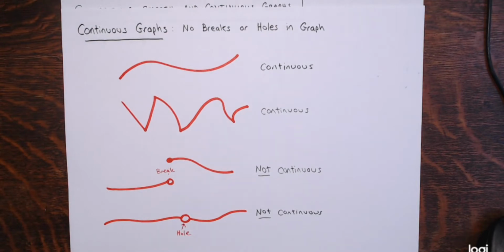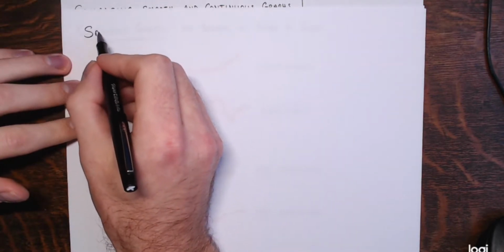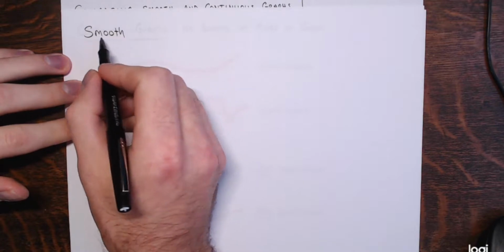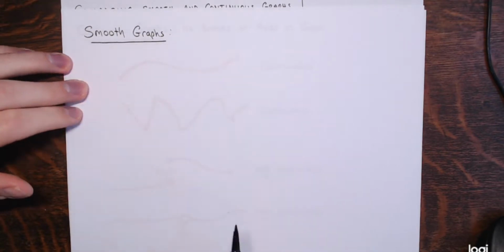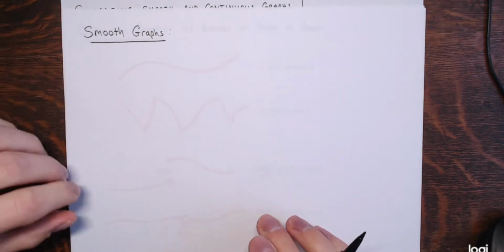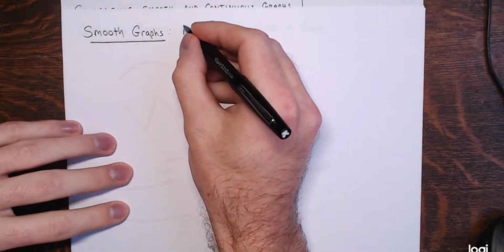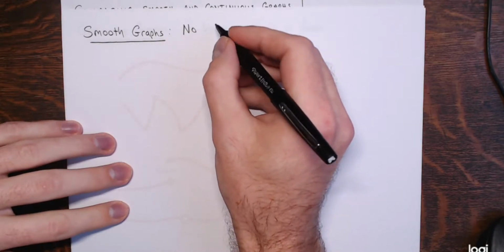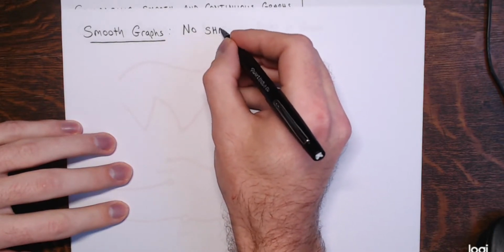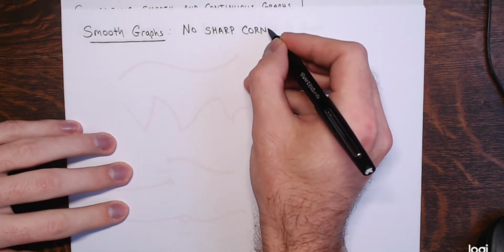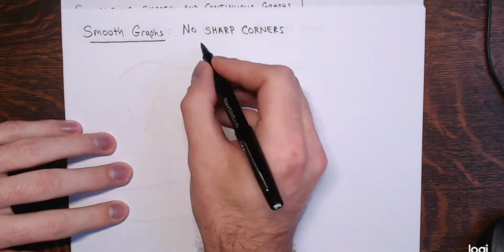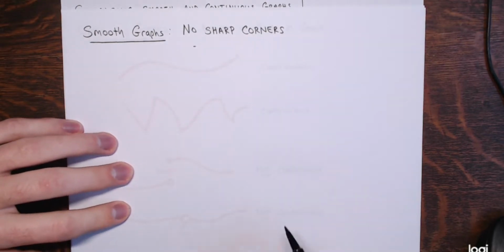Now, smooth graphs. Smooth graphs have no sharp corners, no sudden turns, no sharp corners. Another way to say this is that their turning points,